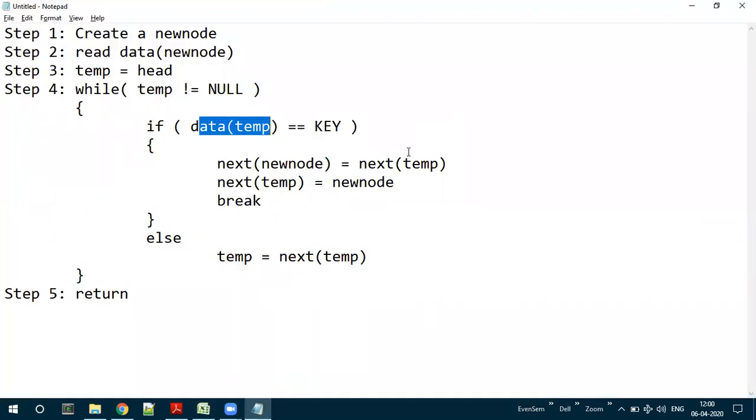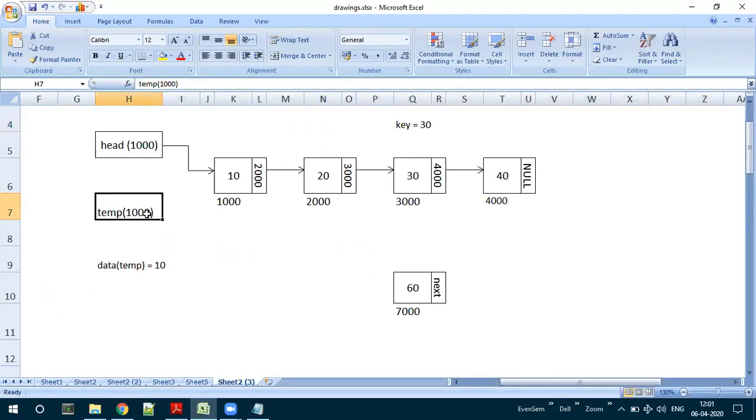The condition is false, so it goes to the else block. In the else block, what do we have? Temp equal to next of temp. Temp is pointing to 1000. Can you tell me what is next of 1000?